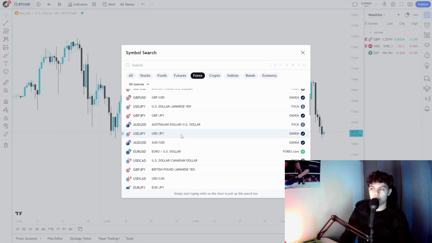Now, it makes sense, right? If I'm gonna choose GBP USD, Great British Pound, against the United States dollar, what session am I gonna trade on? Now, obviously, it can be traded on London and New York. Why? Because GBP USD, GBP, London, Great British Pound, London session, United States dollar, New York session. Makes sense, right?